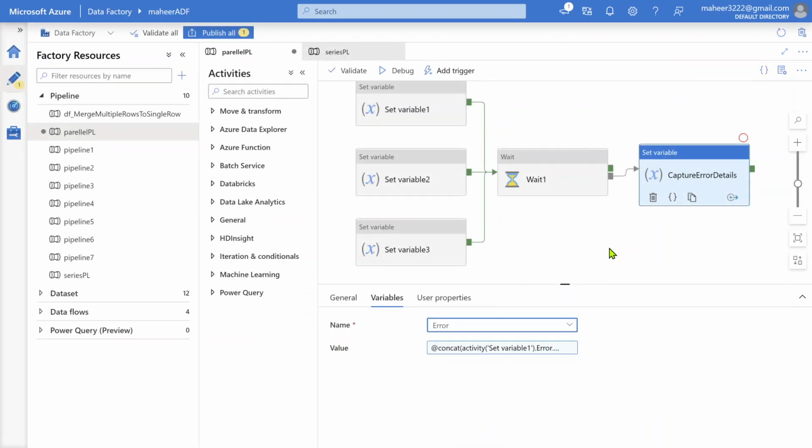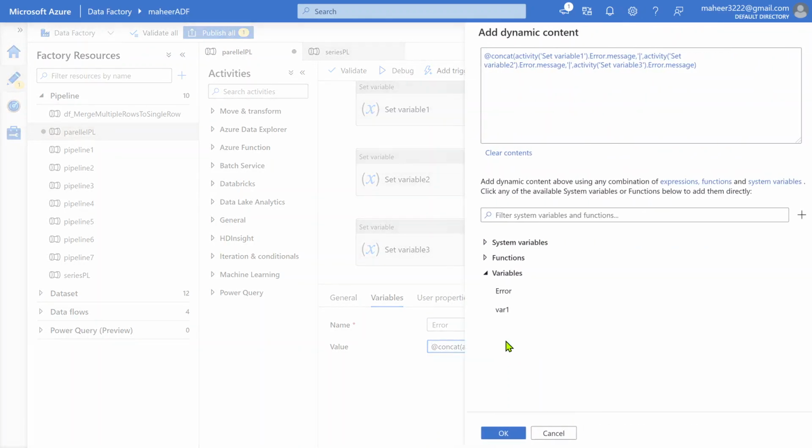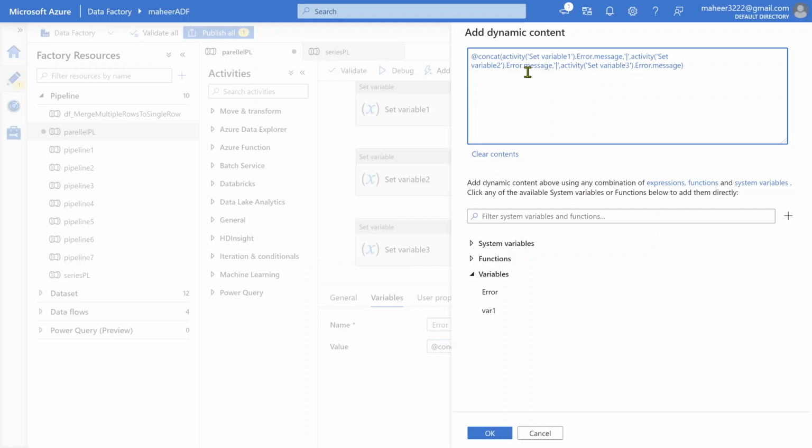Okay, and practically think of this scenario. If my set variable 1 activity fails, then only this error property will be available, or else it will not be available. If my set variable 2 activity fails, then only that particular error message will be available. So for example, if the set variable 1 activity is successful, that means this error property will not be available, so it will be null.